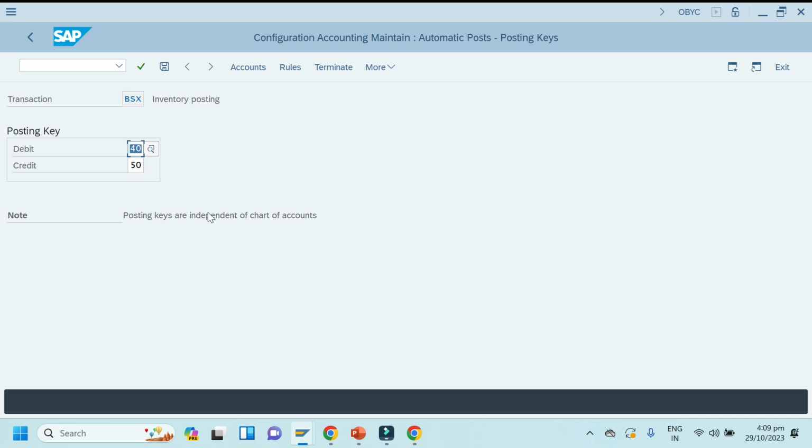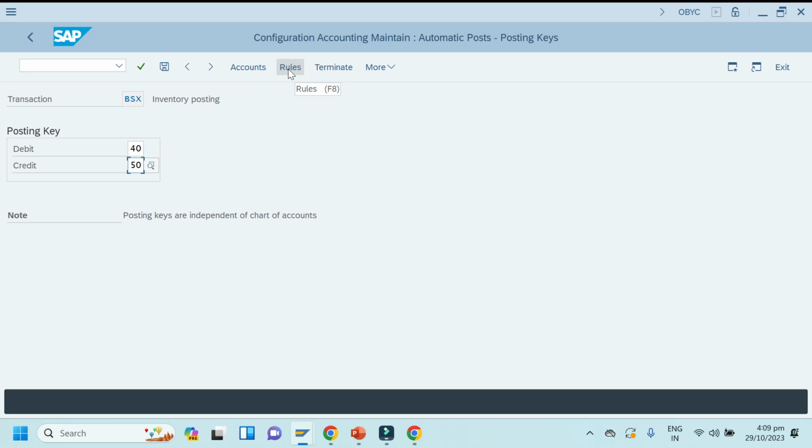It can be different also. So for debit you can make a note in brackets, a stock inward movement, and for 50 a stock outward movement, meaning going out of our company. In case of 40 a stock inward movement, in case of 50 a stock outward movement.